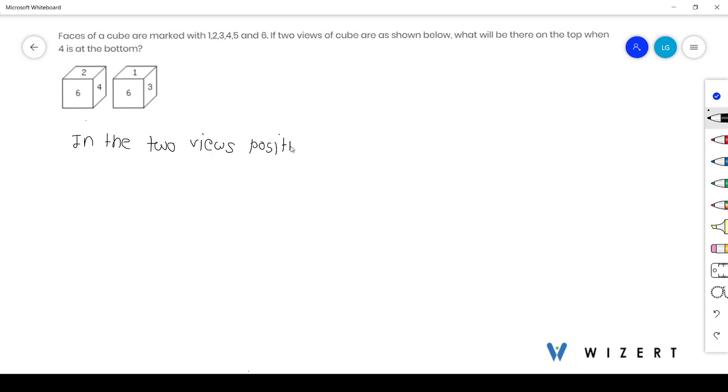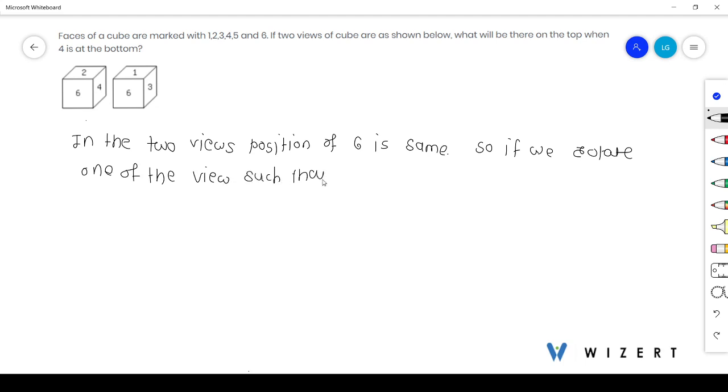position of 6 is the same. So, if we rotate one of the views such that the position of 6 remains fixed, so we will see that